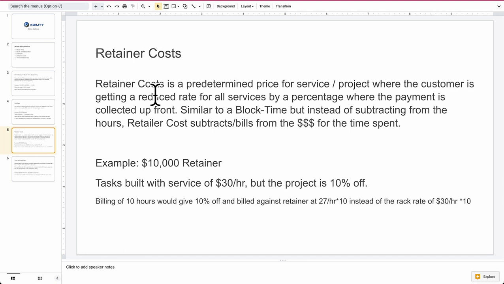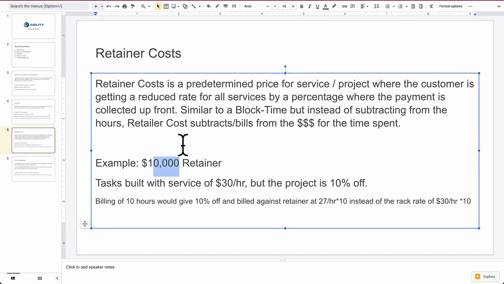So the difference between a block of time and this retainer cost is that the retainer cost, instead of taking time away from the block of time, takes money away from the block of money that was given. The idea works in the same way: you take a specific amount of money out, for a specific dollar amount. And with that retainer dollar amount, instead of subtracting from the amount of hours, it's subtracting from the amount